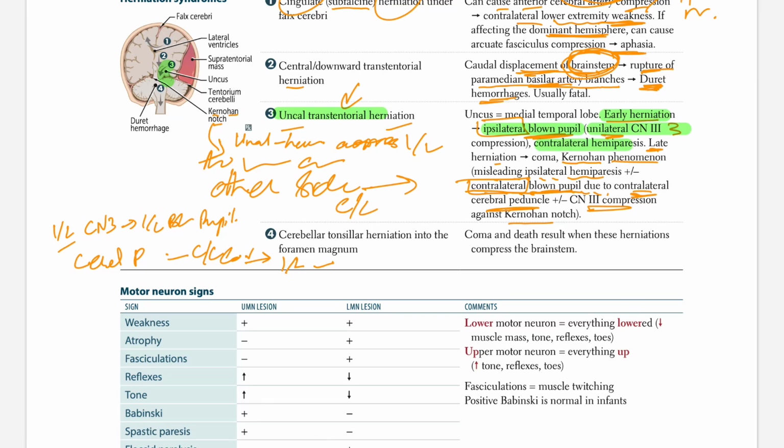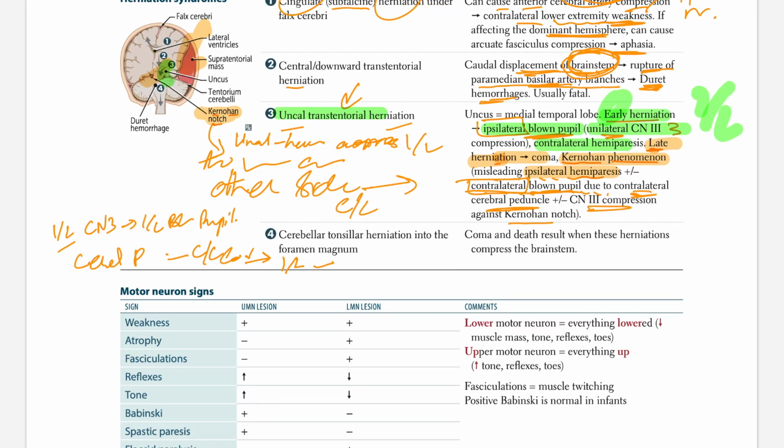But now, the important point is early and late. So early is ipsilateral. Late, let's change color. Late herniation leads to coma and Kernohan phenomena. Now, what is Kernohan phenomena? Instead of compressing its own side, it goes and compresses the other side, and that's the area that is known as the Kernohan notch. When it compresses the Kernohan notch, now it's known as Kernohan phenomena, which is ipsilateral hemiparesis,